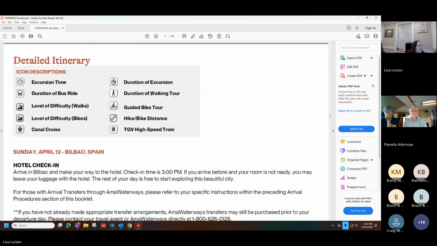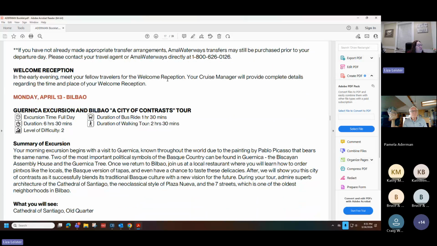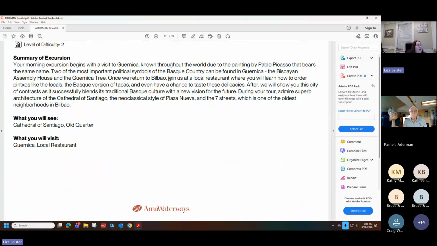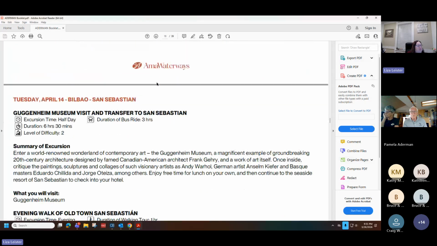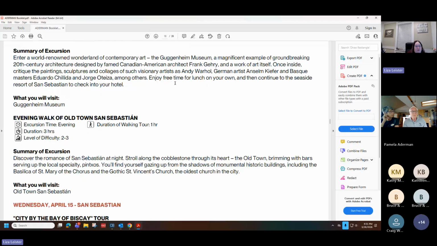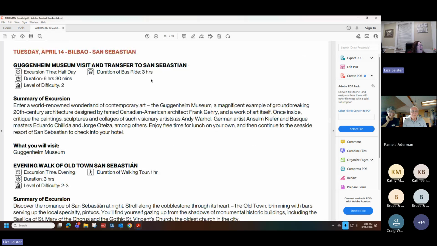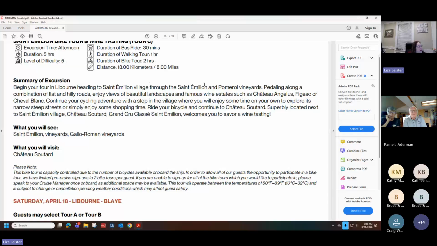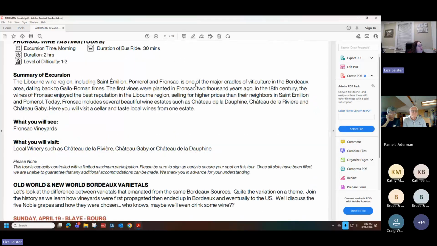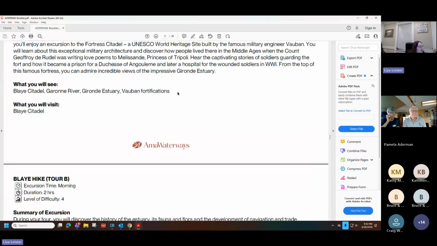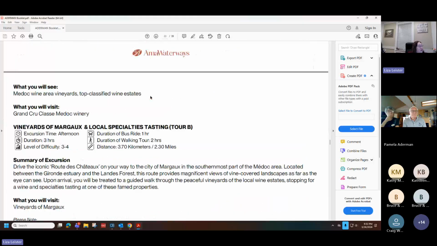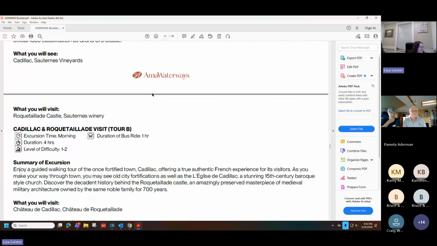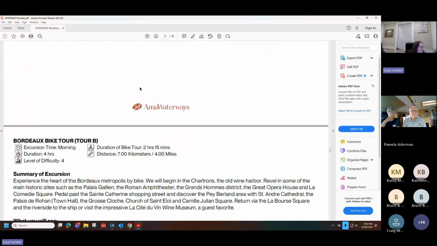Let's see here. Every night you do have a happy hour on board the ship. And I think Larry might be hosting one of those happy hours with Frog's Tooth Dinery. That would be every night. I like it. And then they go through all of the excursions that you have choices of, with their descriptions and duration and all that good information. I'm just scrolling down to get to all the general information so you can see how much information they put in that little booklet.